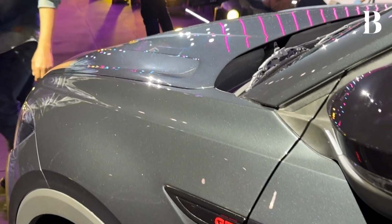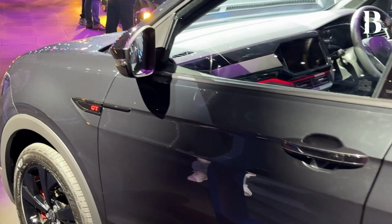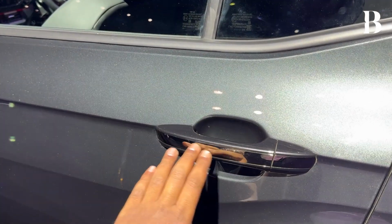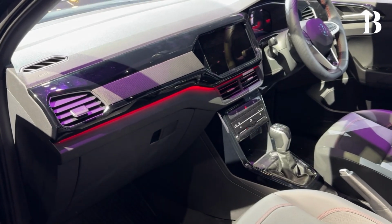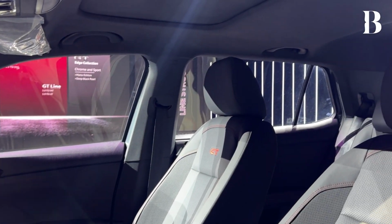The same sporty treatment continues with the red GT logo right there on the side fender, and the wheels have also been given a really glossy black finish this time, which the brand calls Casino Black. Going forward, you see a bit of black chrome accent in the door handles of the Taigun GT Plus Sport, and here in the cabin of this vehicle you see that everything has now been blacked out, including the